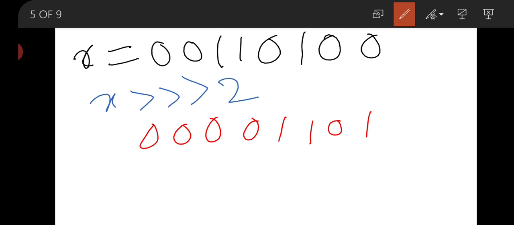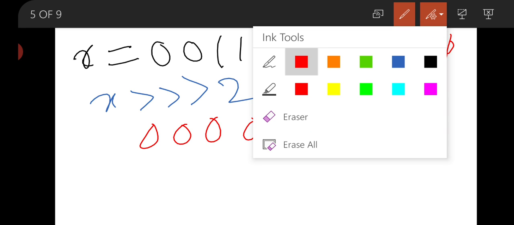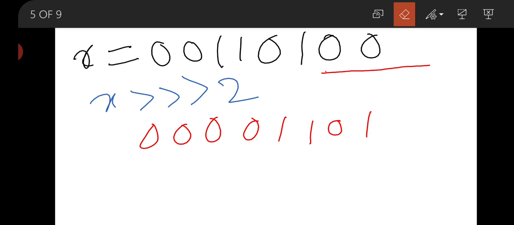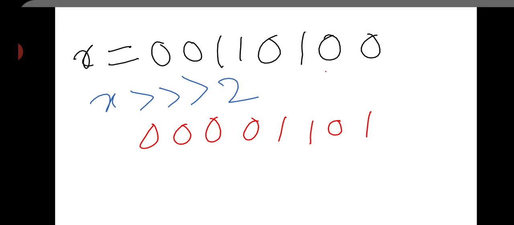In right shift or left shift, we just shift the bits to the right or left. That means these two 0s will shift two places left, and in this order the two places on the right will be blank and filled with 0. This is the concept of left and right shift. I hope you have understood the concept clearly.